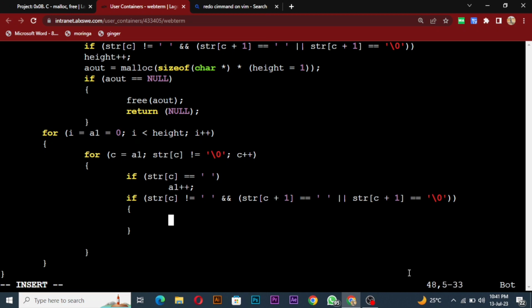Then A out at index I, then we'll allocate memory for it, malloc, and then C minus A1, sorry, malloc C minus A1 plus 2